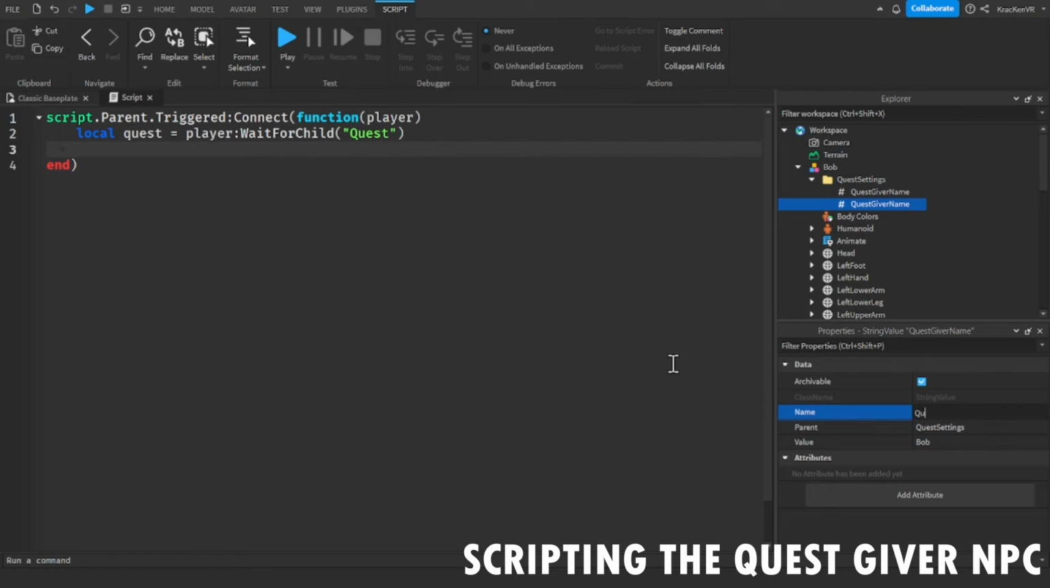and then quest task, and this is going to be the text that you want to show up when they have the quest. So I'm going to say kill 5 zombies,